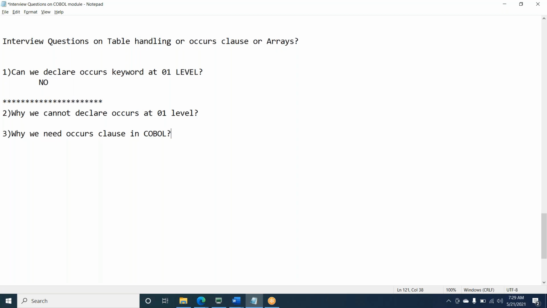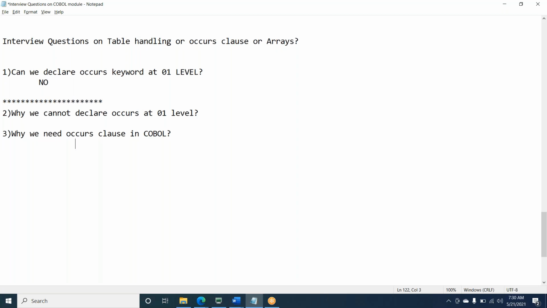We need to check whether that data is there in the file or not. So generally in the matching logic, where there is a concept called matching logic, in those scenarios we have to go with OCCURS. I will give you one scenario as per my knowledge. If somebody has some real-time scenario implemented, you can give me.